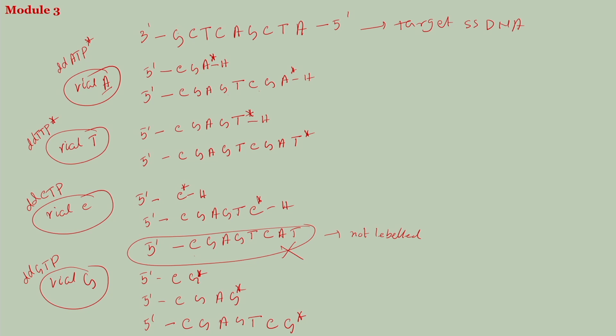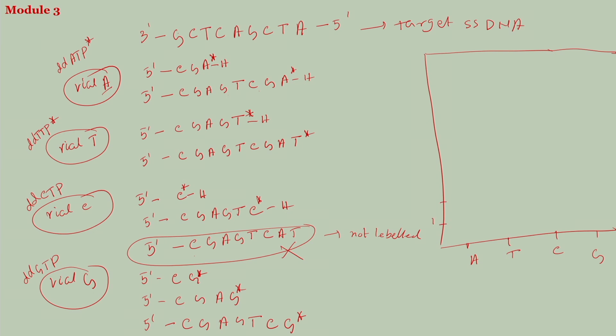Now, you have the fragments. Now, if you want to draw the gel, let us say this is your vial A, this is your vial T, this is your vial C, and here is your G. Now, let us count the fragments. We have total 1 2 3 4 5 6 7 8 9,